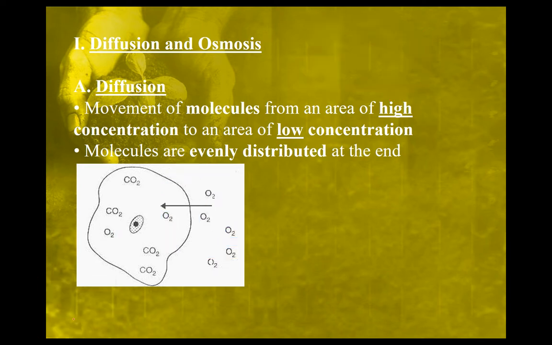How about for the CO2? So let's focus just on the CO2 molecules. So I have 1, 2, 3, 4 carbon dioxide molecules. So I have 4 on the inside of the cell. How many do I have on the outside? 0. Okay, so on the inside of the cell, because you have 4 carbon dioxide molecules,